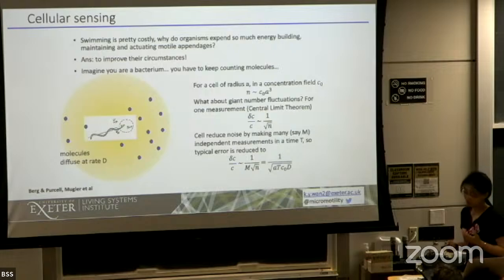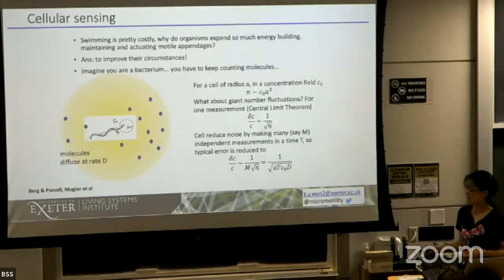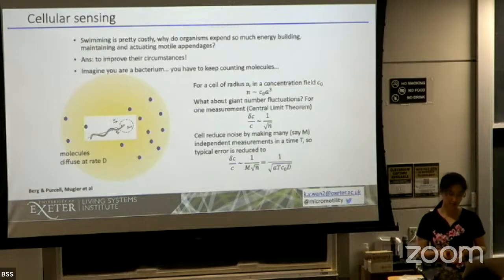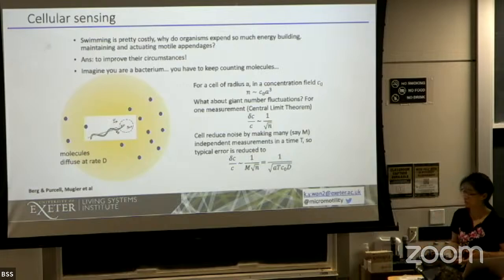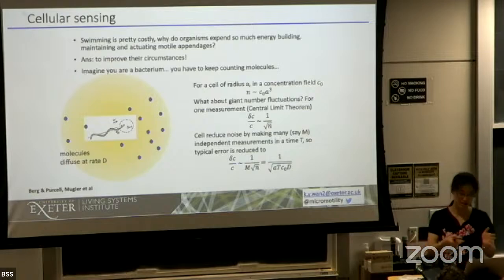And then, according to the central limit theorem, you have number fluctuations where the noise in that number will scale as the square root. This leads to a signal-to-noise ratio that takes this particular form. And then the argument from Berg and Purcell is that one of these organisms can improve its ability to count by making multiple independent measurements over time. The number of measurements that it's able to make in a time t is just how many